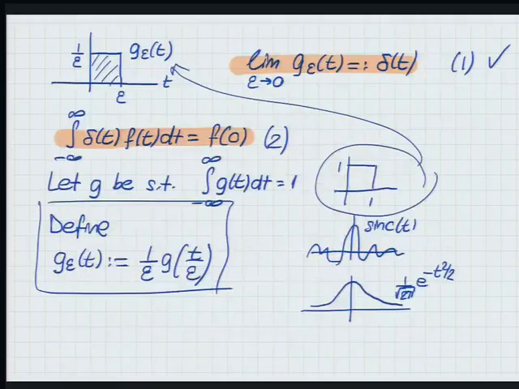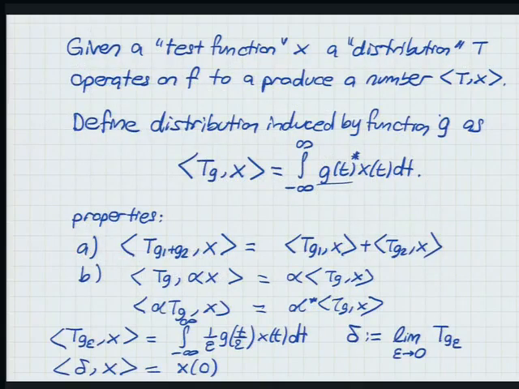So that was the property 2 that sort of didn't make sense because we were integrating against a function that is not really a function. But if we define delta as a distribution as I did, then 2 simply reads as distribution delta acting on x, spitting out x of 0. Okay? So within this theory of distributions, we can actually make sense of the delta. Okay? We can also